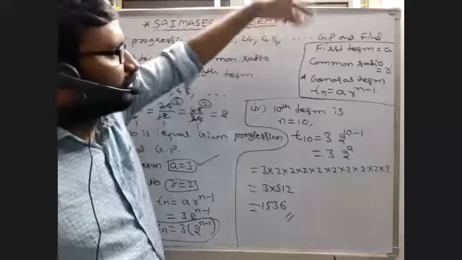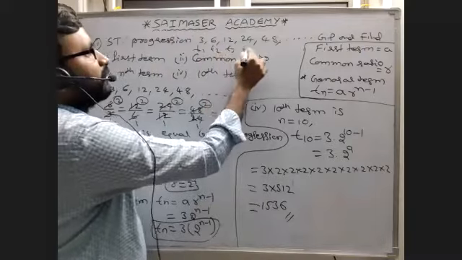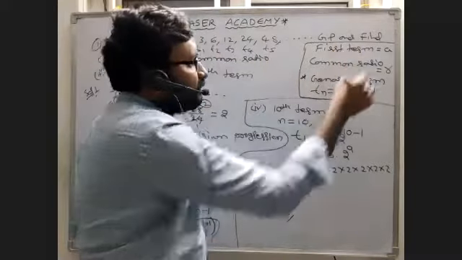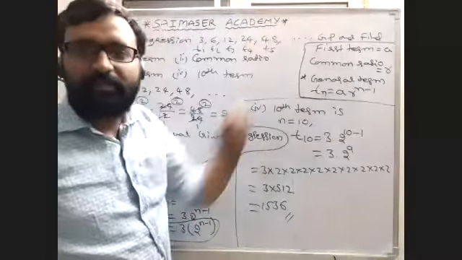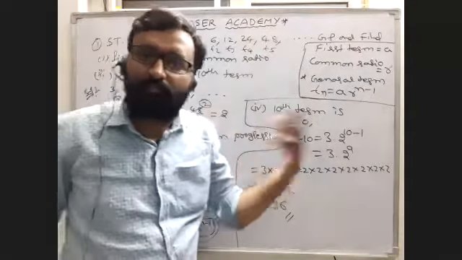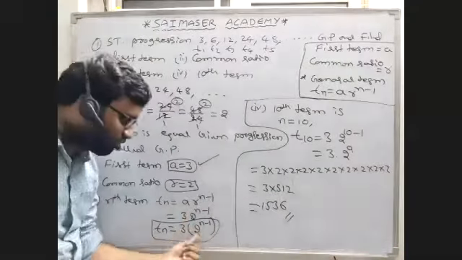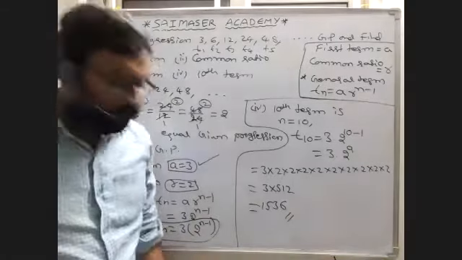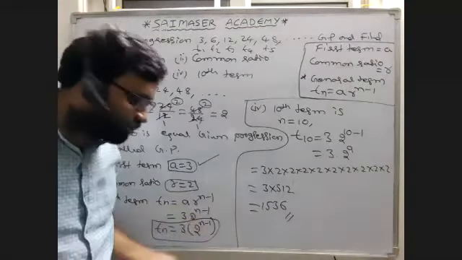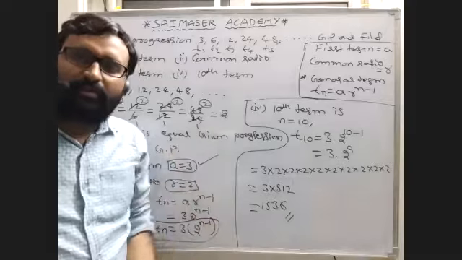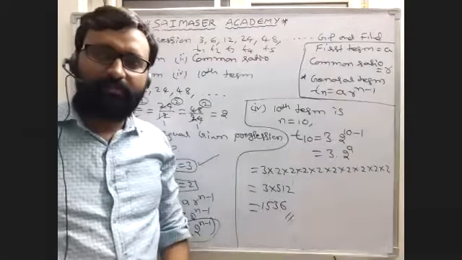If you write like this, first term t1, t2, t3, t4, t5, and so on, you will get the 10th term, not the last term. The 10th term will be 1536. Then 11, 12, 13, 14, 15, 16, 17, like that. The last term is 3 into 2 power n minus 1. We can write one more step also, but you can stop up to here. I will tell you how we can write that one more step, the simplification, in further solutions. Okay, so this is the solution for this, and any doubt you can ask me, Jibin or Lakshmi Prasanna.